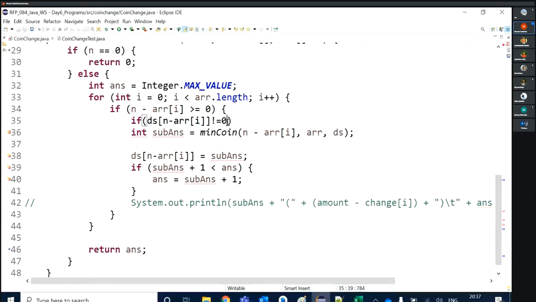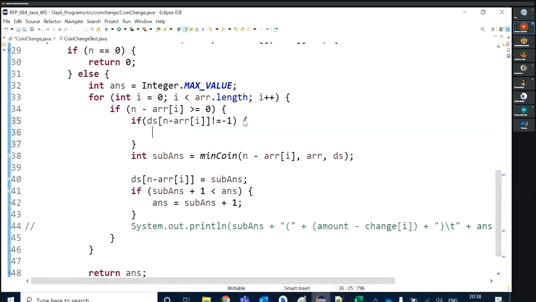So here my condition should be when DS of 11 is not equal to -1. See, go with the example. Don't speak like that, DS of n minus array of I. We will see that if DS of 11, if I have the solution for the 11 amount, what can I do?